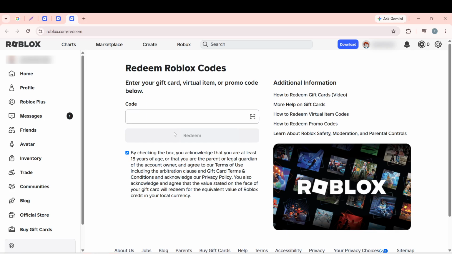And there you have it. By following these steps, you've redeemed a promo code in Roblox, unlocking any associated rewards or benefits. Redeeming promo codes is a fantastic way to get extra content or perks within Roblox, so keep an eye out for any new codes that might come your way. Remember, each step in this process is designed to keep you safe and ensure you get the most out of your Roblox experience. By using the official website and following these instructions, you protect your account and maximize your rewards.